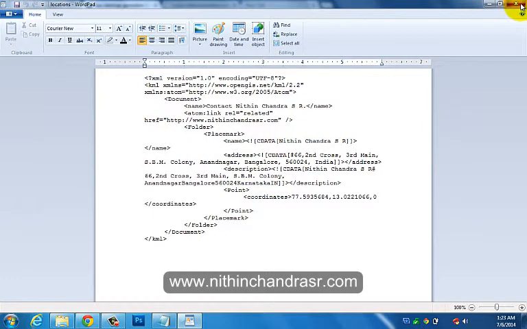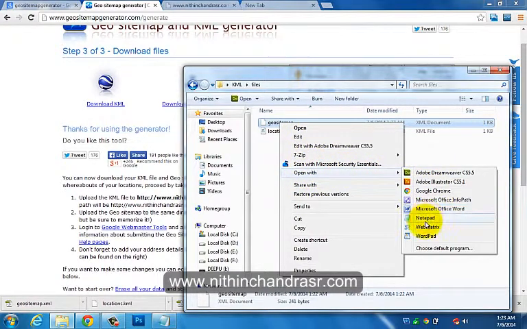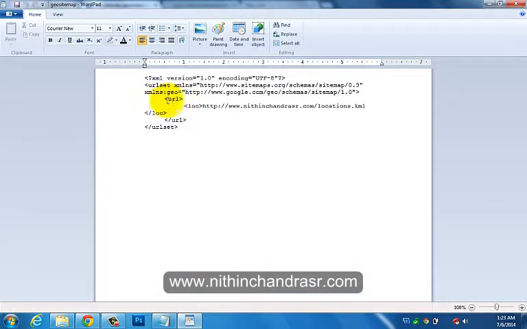Another thing is the geo sitemap. We'll open this in WordPad. Here is the URL, saying that there is a locations.kml in the root directory.